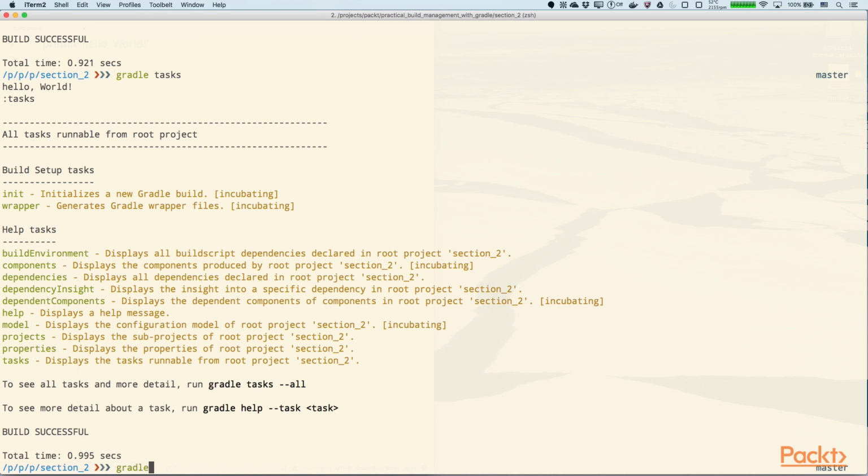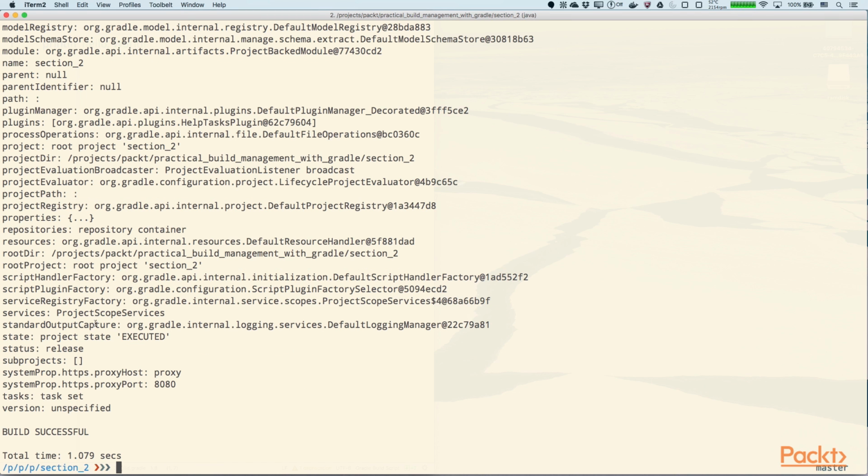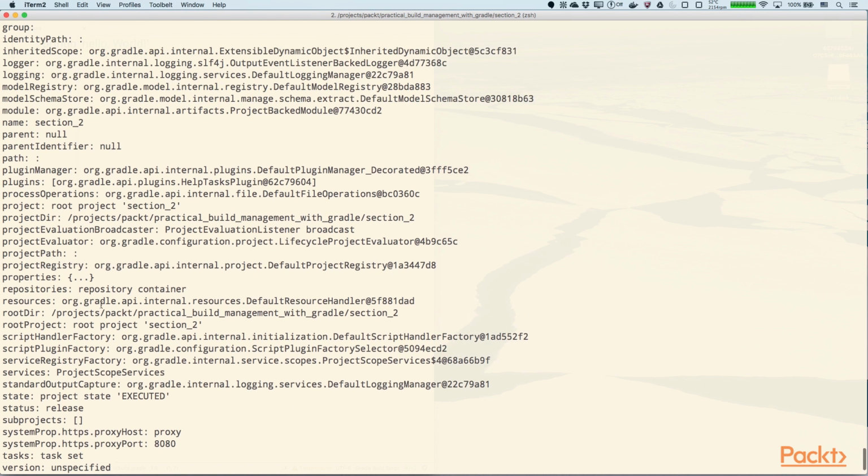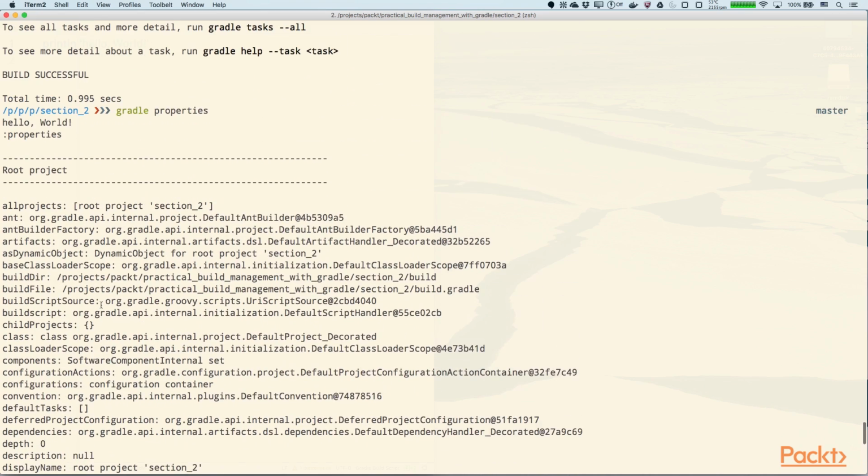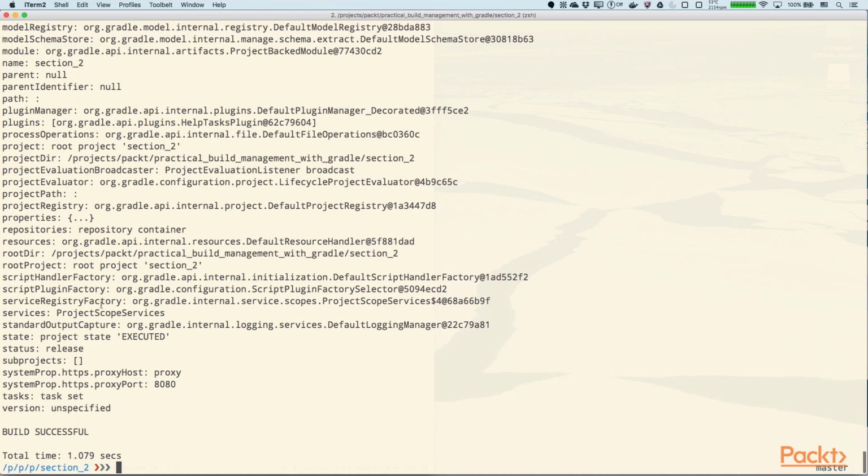So let's try, for example, the properties task. You can see the list of all properties that were used for the Gradle project. So basically that's it. Let's move to the next